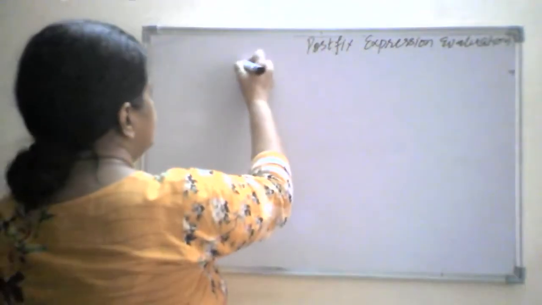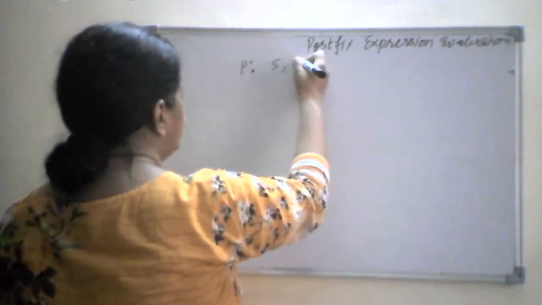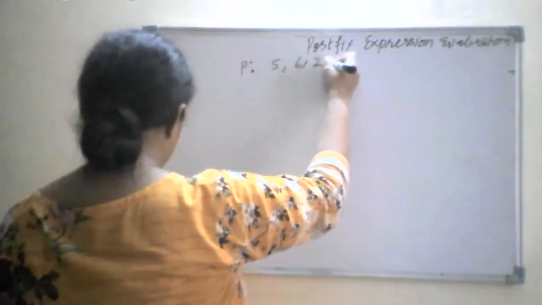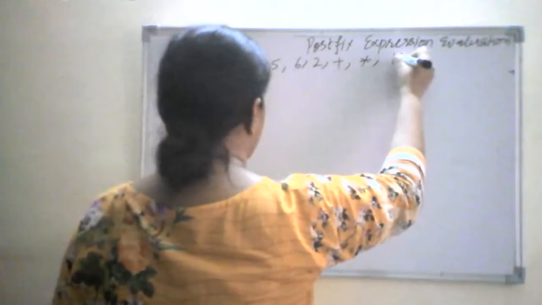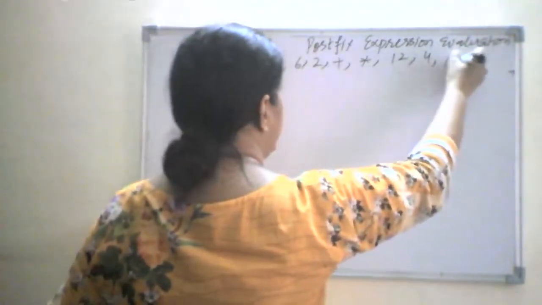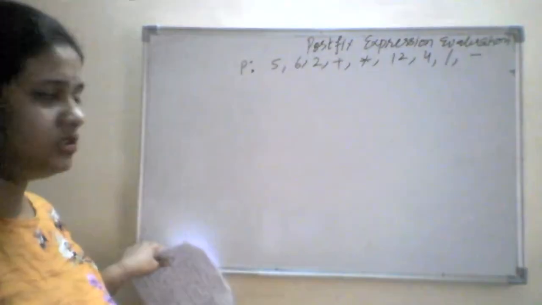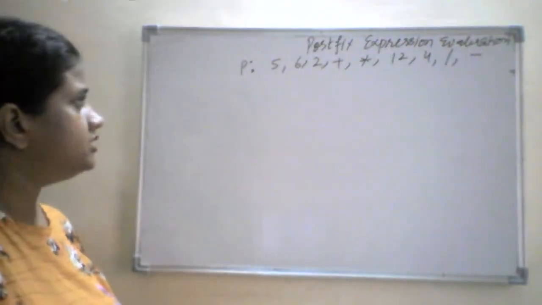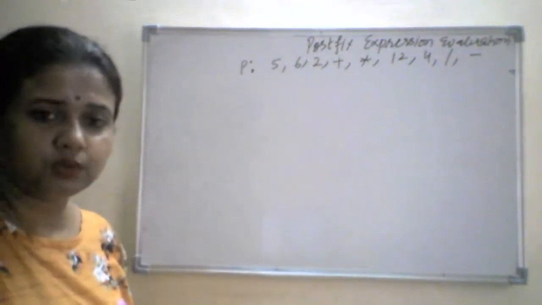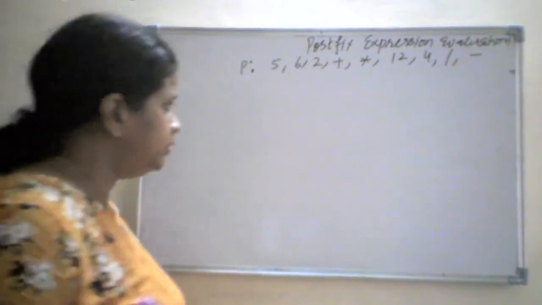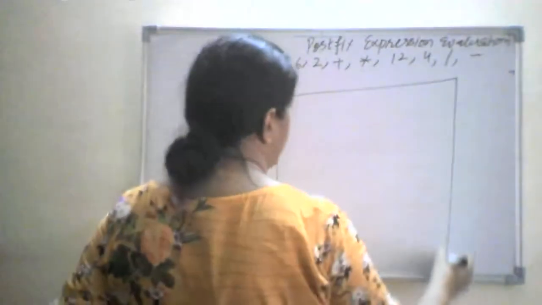The question is, P is the expression, the values are 5, 6, 2, plus, then multiply sign, 12, 4, division sign, and then minus sign. This type of expression will be given to you, and they'll ask you to evaluate it, what will be the answer to this question. For doing this, we'll follow one method. And what is that method? For that, we'll draw one